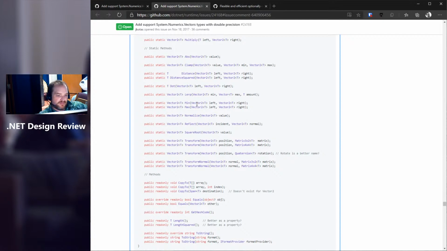Yeah, I think I'm fine either way. It's not like one of those APIs where... I mean, if you've never used a quaternion, I don't think it necessarily occurs to you that that's a rotation either. So